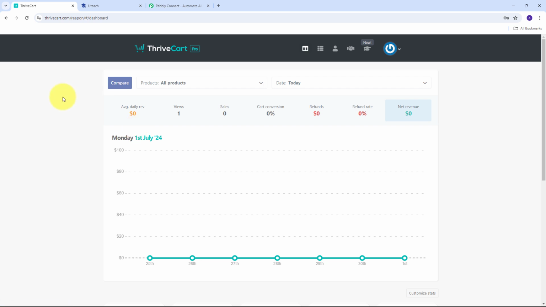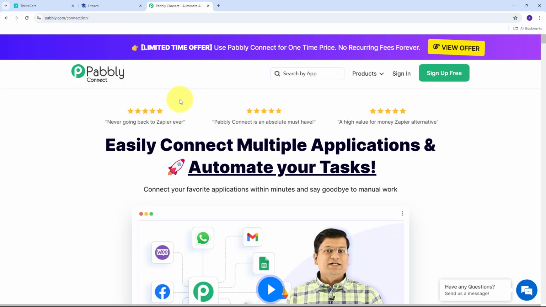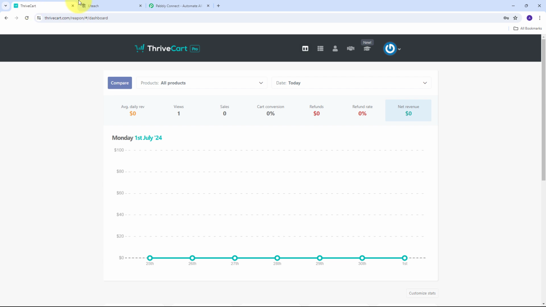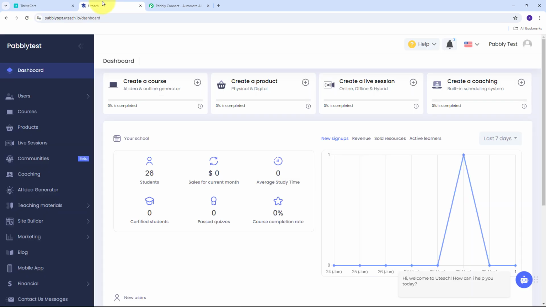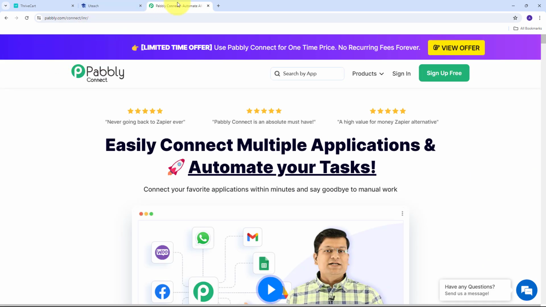Now I'm going to build this integration between ThriveCart and Uteach with the help of Pabbly Connect. Pabbly Connect is an amazing integration and automation software, and with its help, I'm going to build this connection without any coding or programming skills. As I receive a new purchase from ThriveCart, I'm automatically going to add that student to my bundle in Uteach. Now let's get started, and for using Pabbly Connect, I need to search for pabbly.com/connect in my browser,